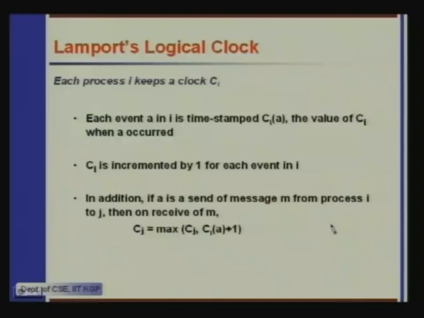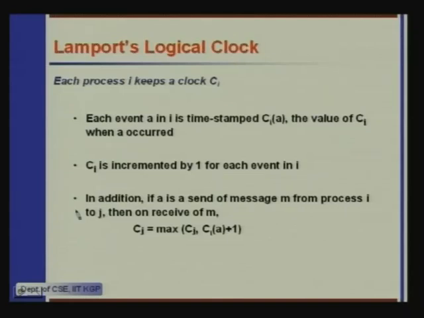Let us resume our discussion on logical clocks and causal ordering problems that we were looking at in the last class. So, let us go back to Lamport's logical clock. In that definition, each process i keeps a clock C_i, and each event a in i is time stamped by C_i(a), the value of C_i when a has occurred, and every time an event occurs and is time stamped, C_i, the local clock, is incremented by 1